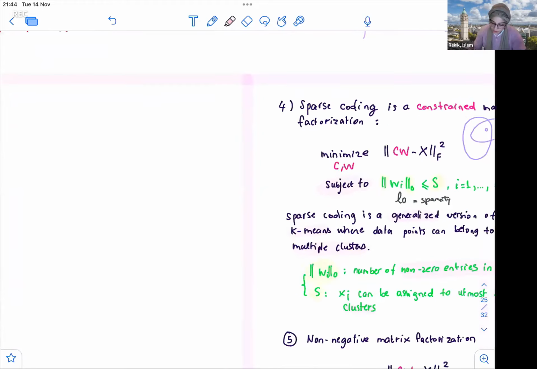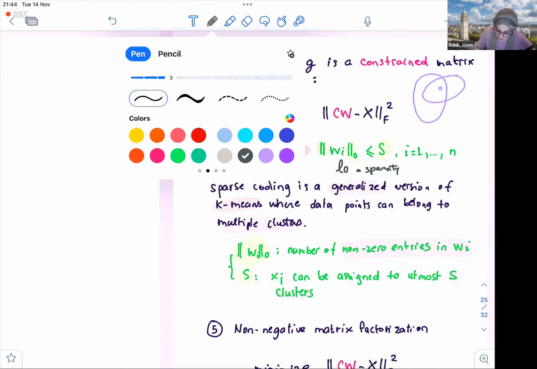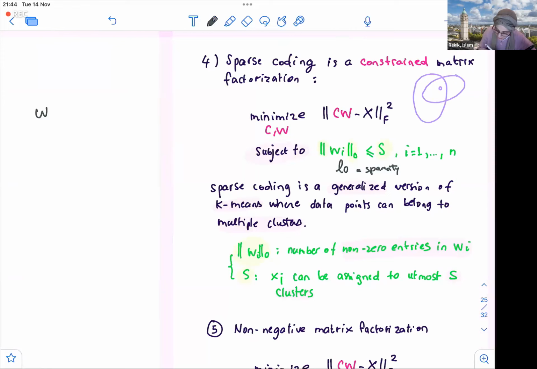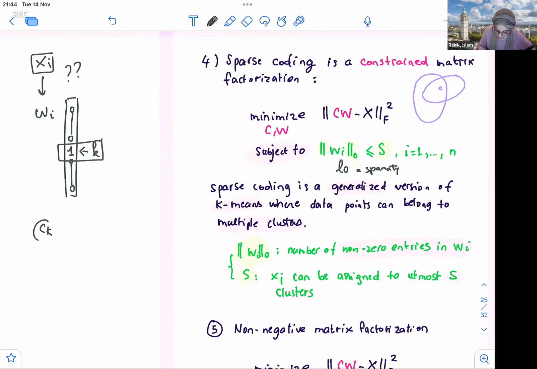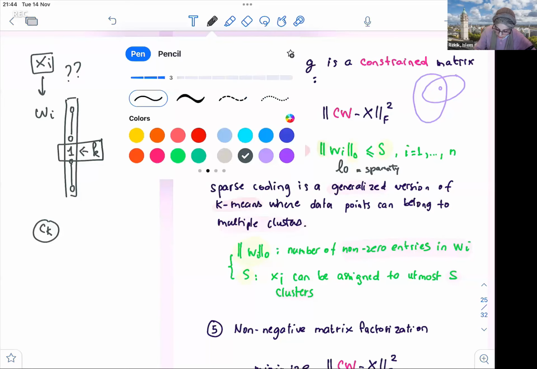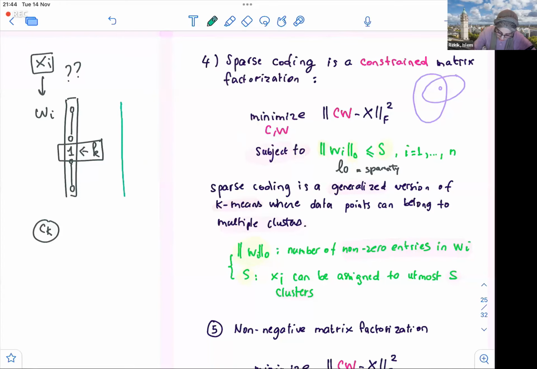Okay, so I'm gonna just draw again. So I think it's easier to show you here. What it's telling us is that if I have a w_i for a point x_i, I want to know which cluster, or which clusters, this point belongs to. Before, in K-means, we only had one value and the rest were zeros. This is the constraint that we had, which means this point can only belong to cluster k of centroid c_k. Now with sparse coding, we have a different constraint, which means the w will have a lot of zeros,